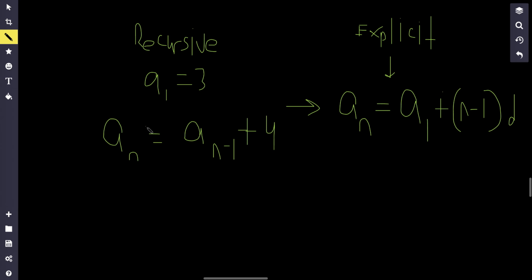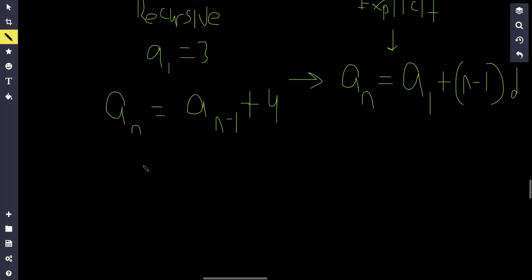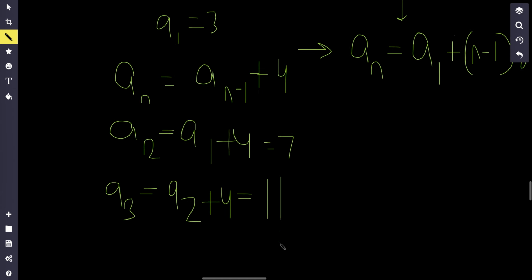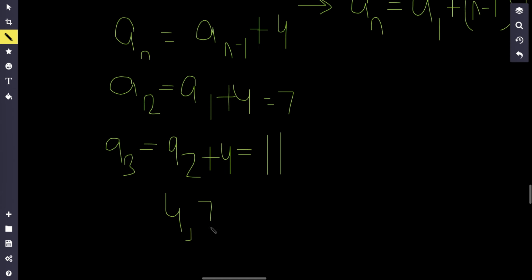So one way to convert from this to this is, well, we can list out the terms. If we know a sub 1 is equal to 3, well, a sub 2 is going to be equal to a sub 2 minus 1, which is 1, plus 4. A sub 1 is 3, so 3 plus 4 is just going to be equal to 7. A sub 3 is going to be equal to a sub 3 minus 1, which is 2, plus 4. A sub 2 is equal to 7, so let's substitute that in. 7 plus 4 is equal to 11. And if I list out the terms,